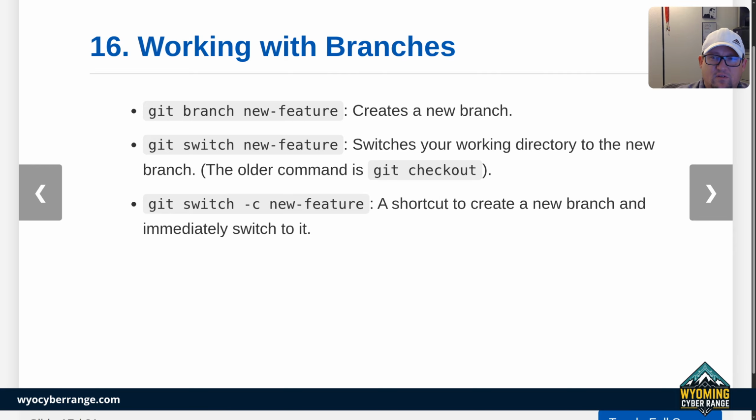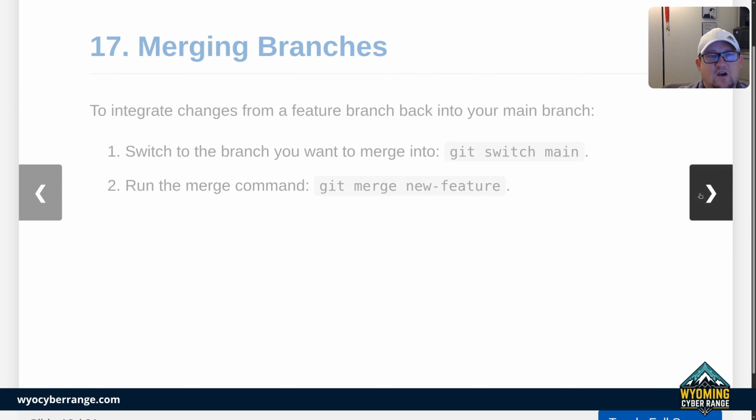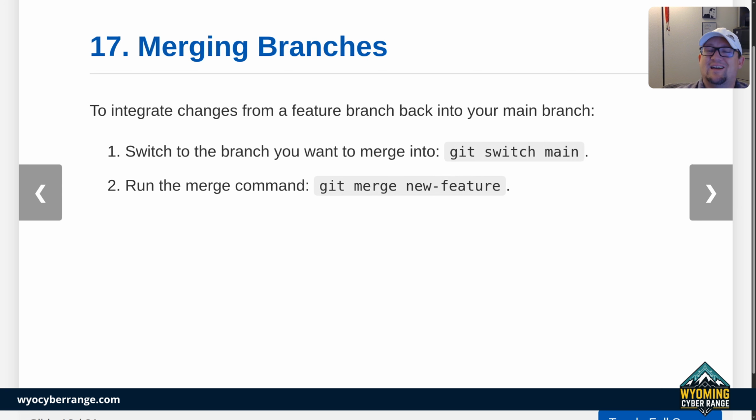And then once you do that, you'll do a git switch -c, which will create a new branch and immediately switch you to it all in one step. So instead of doing git branch new feature, git switch new feature, you could just do a git switch -c new feature, and it will create and switch to it automatically. It's really cool. Then you'll work on your changes, move on, and then when you're ready, now we'll merge it